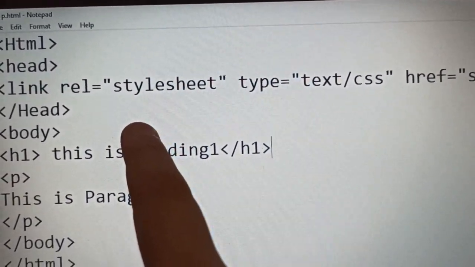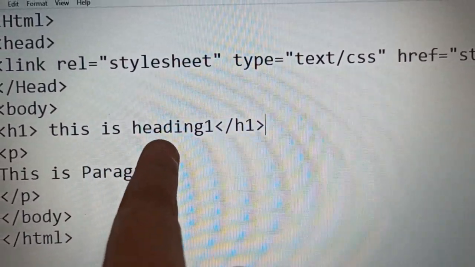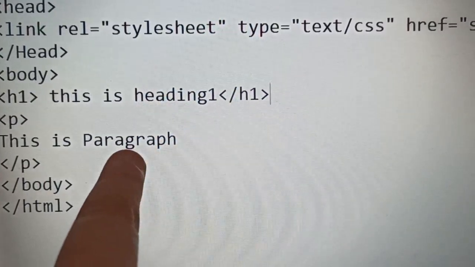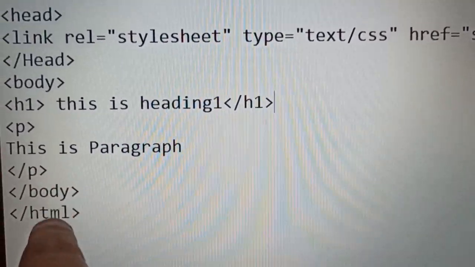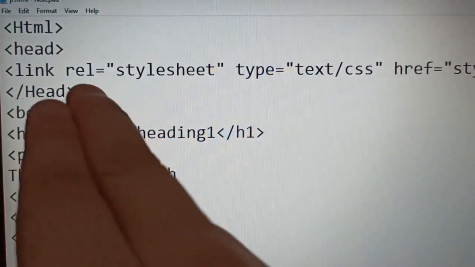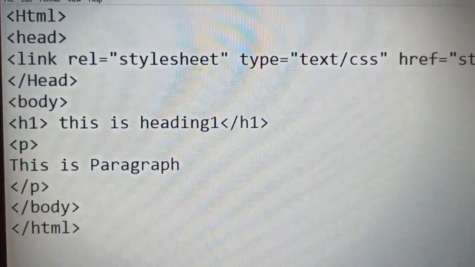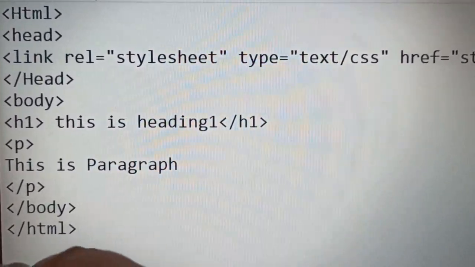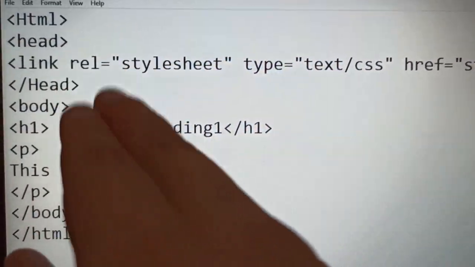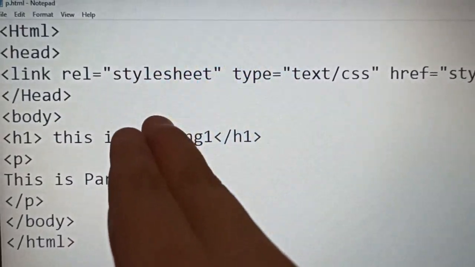Okay, then after the head tag is closed, the body tag begins, and in the body tag I have given the first h1 tag, and in the h1 tag I have given the text that this is heading 1, then I have closed heading 1, then I have taken the p tag, that this is paragraph, and then I have closed the p tag, then the body tag is closed, and then HTML is closed. Okay, so basically I have created two files, one .css file and another one .html file. In the CSS file I have shown all the CSS properties that we have discussed just now: the color property, then background color, then the border style. I have used all those CSS properties in that .css file. Then after that I have linked that CSS file in this HTML program.